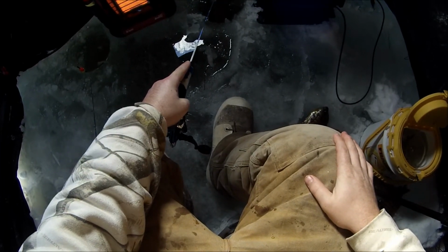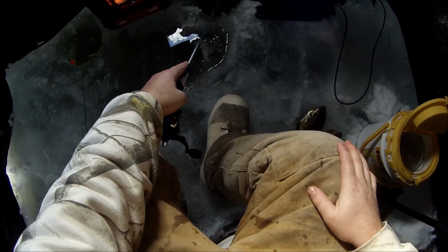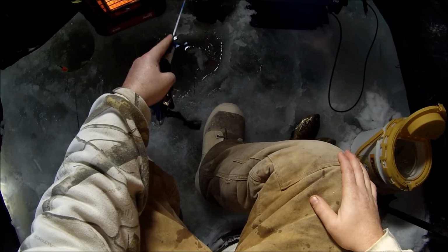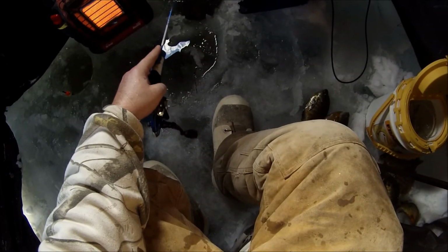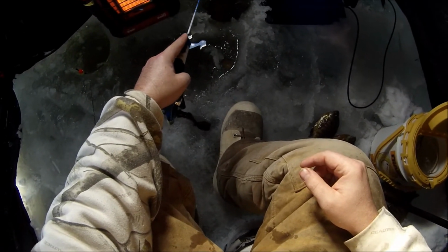If I can get the gill on the drop. Nope. Looks like he's gonna take off. At least I got the pumpkin seed out of it. They get good meat. That's nuts. That was a good little